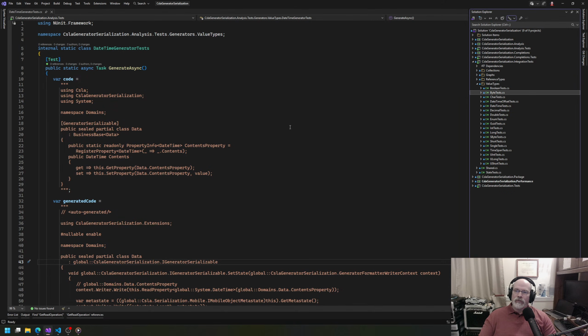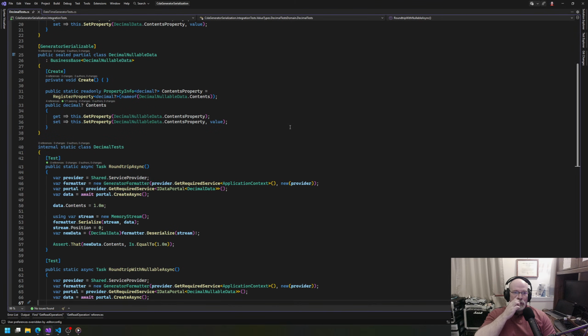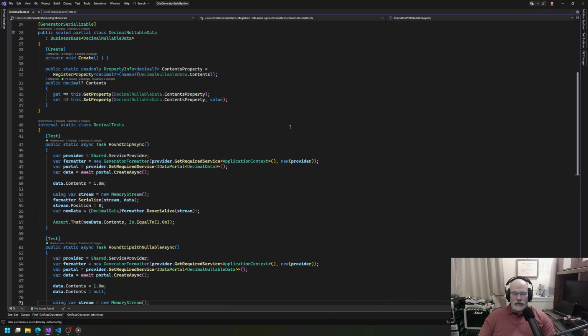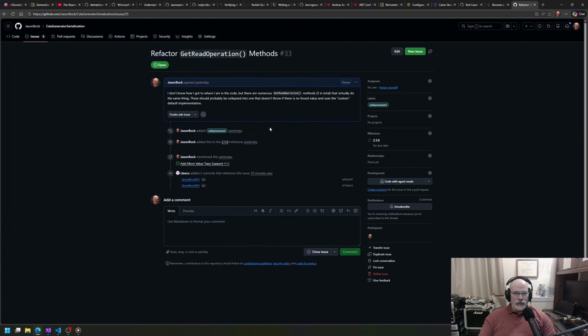I should rename this project, well, that's fine, leave it the way it is. These now also have tests that actually test the type, both nullable and non-nullable, and make sure that it works correctly. So that's all there. The first thing, and I already have a branch out here for this, is that as I was going through the code, I discovered